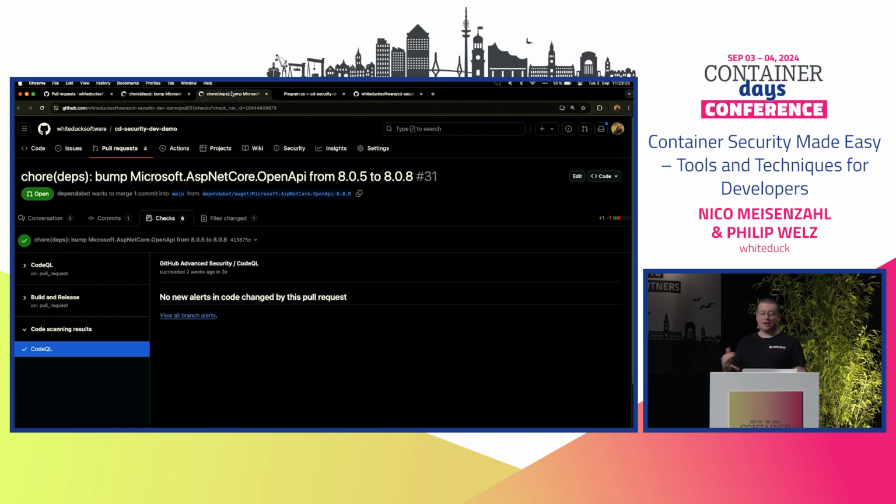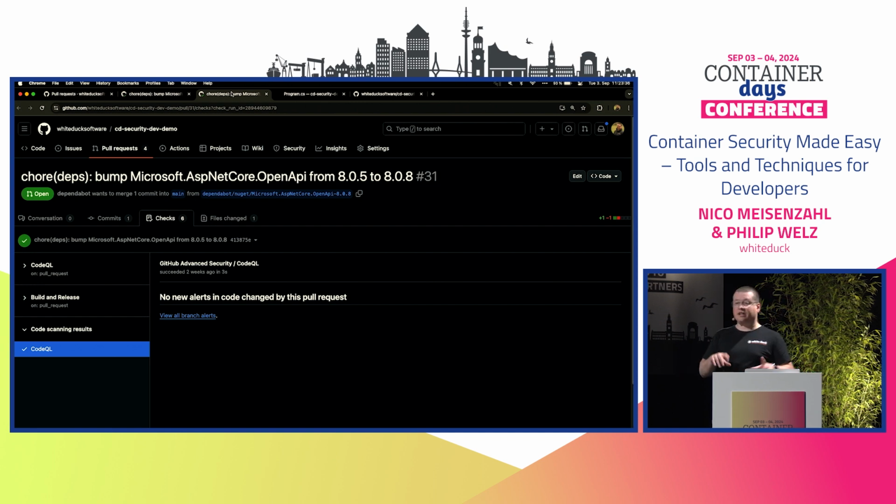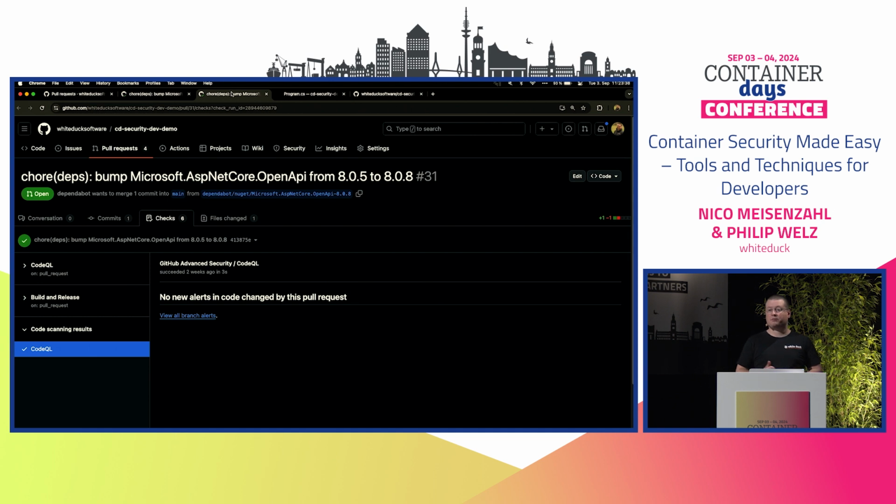So with every code change in this pull request, this pipeline gets triggered and gives us feedback if there are any big issues in our code. So once again, if I'm a developer implementing any kind of feature, committing to my feature branch, I'm getting direct feedback: hey, in the last 20 lines you have pushed, there might be a security issue, and then you can directly fix it. In this case, it's just a dependency update, so we have no issue. On the other hand,